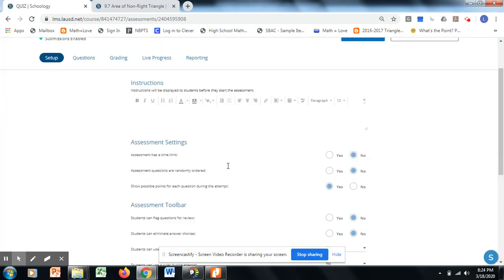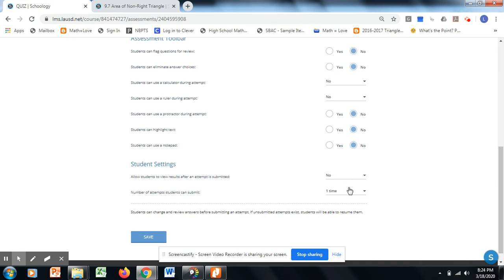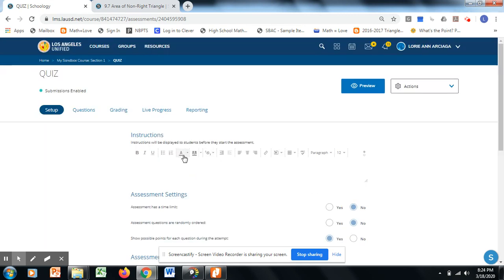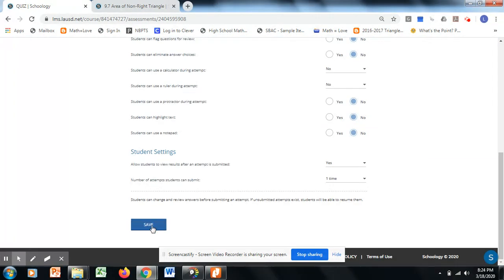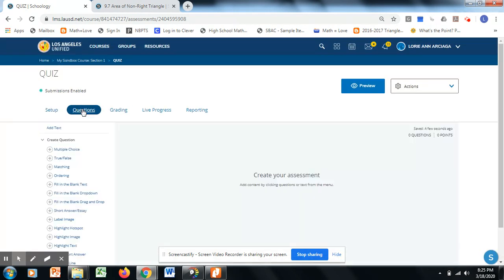Under setup, you can customize how or how many times your students can attempt the problems, or if you want them to see what they got wrong at the end, or if you want them to look at the correct answers at the end of their attempt, you can do that as well. You can write your instructions here, let's say round off to the nearest tens, and save changes, and then you can add questions here or go back to the top and click on the